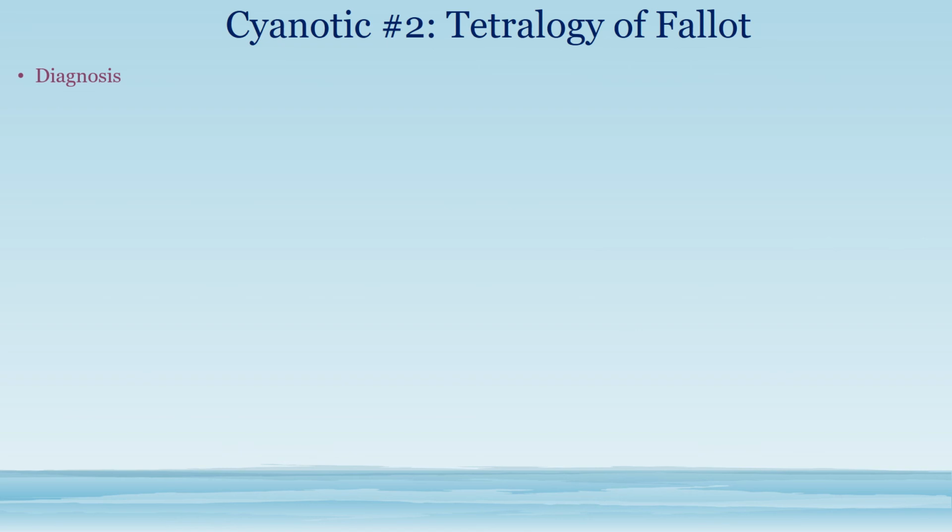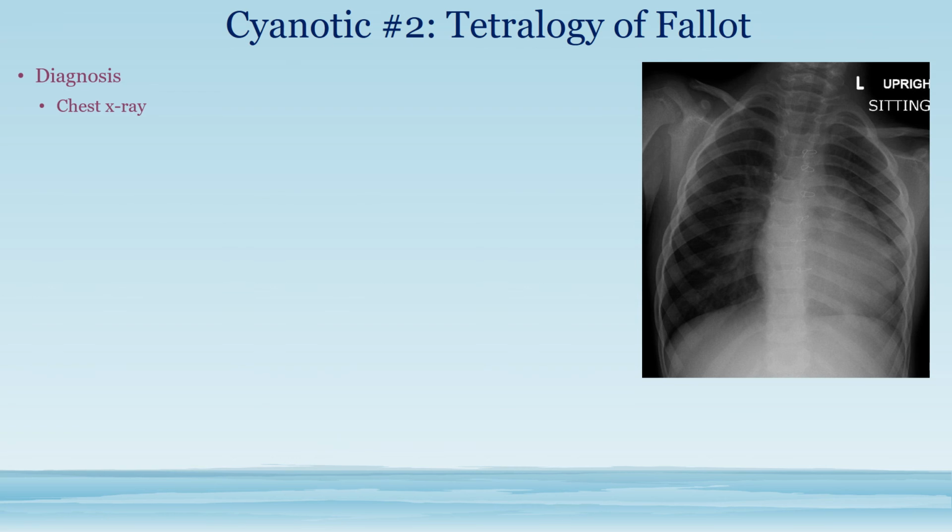Now let's talk about the diagnosis of Tetralogy of Fallot. So we have a couple ways we can diagnose. Remember, first is stabilization, then it's chest x-ray and EKG, and then it's echocardiogram, and then you treat it with whatever the treatment is, which we'll talk about. So on the chest x-ray, this is called a boot-shaped heart. Boot-shaped heart is what you want to look for on a chest x-ray, and the reason why is the